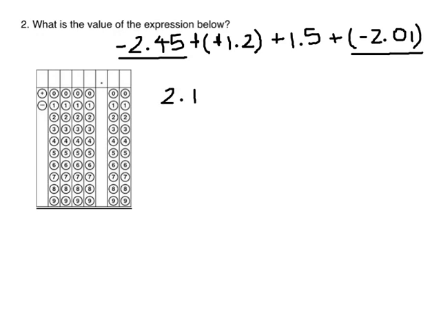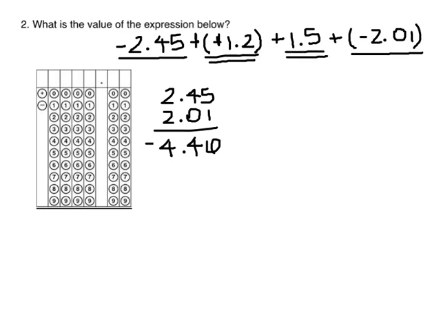So 2.45 plus 2.01. 5 plus 1 is 6. 4 plus 0 is 4. Put my decimal. 2 plus 2 is 4. So that is a negative 4.46. Then I'm going to look at my positives. So I have 1.2 plus 1.5. Add them up, 2.7. So now I have negative